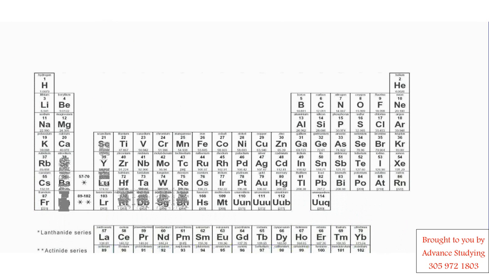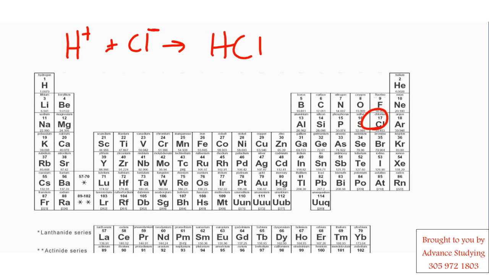Hydrogen itself has a charge of 1, and although I said it is a non-metal, it has a charge of 1 positive. If I combine that with, let's say, chlorine, I end up with HCl, because the chlorine has a charge of 1 negative and the H has a charge of 1 positive. So although I could name this hydrogen monochloride, in the sense of naming an acid, it is called hydrochloric